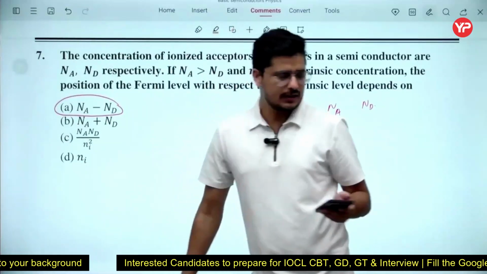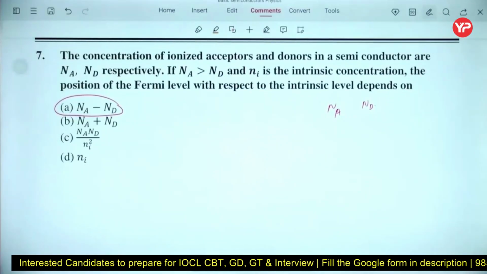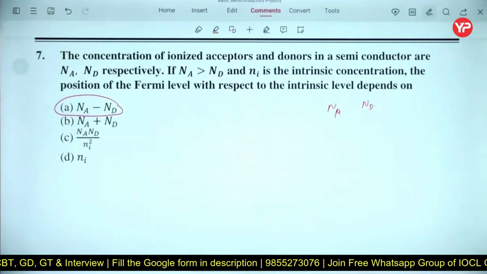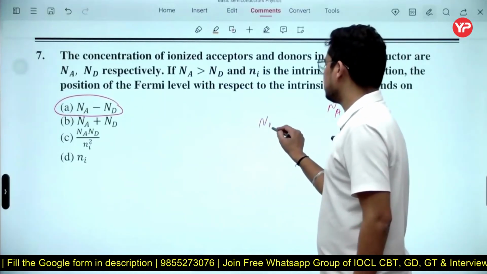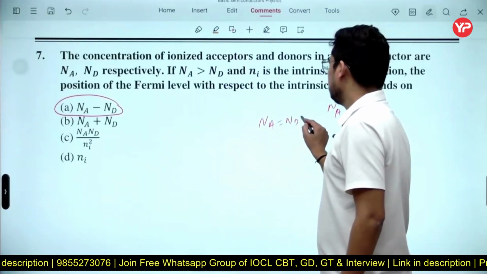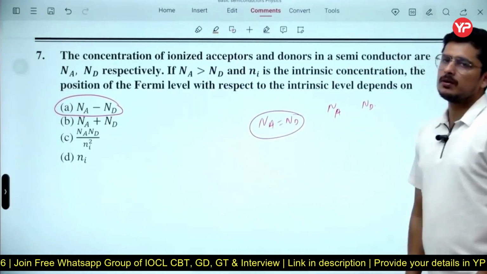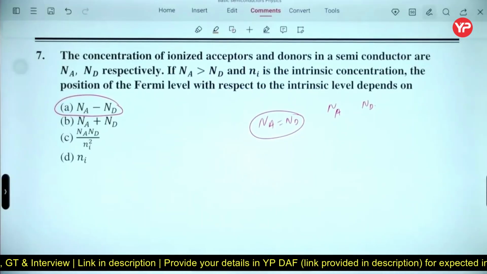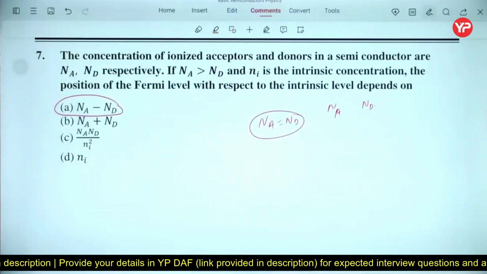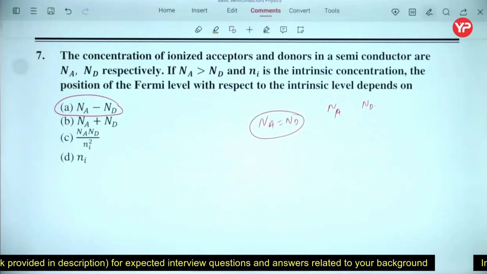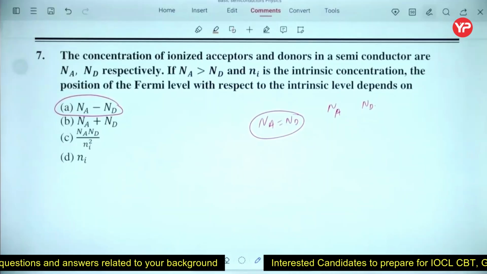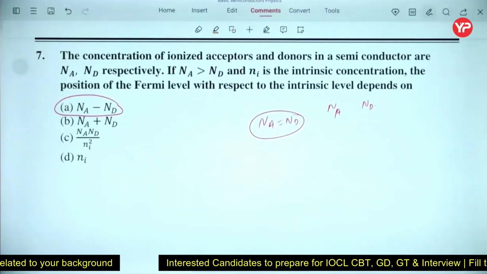Okay. So let's discuss it one by one. He says Na is the acceptor atom, Nd is the donor atom. Let us take Na equals Nd. What happens? Na is equal to Nd, so the number of electrons will be equal to the number of holes. If you introduce Na equals Nd, then the number of electrons will be equal to the number of holes. That will make that semiconductor an intrinsic semiconductor. Now, if your Na value is greater than Nd, then the effective number of holes, in that case,